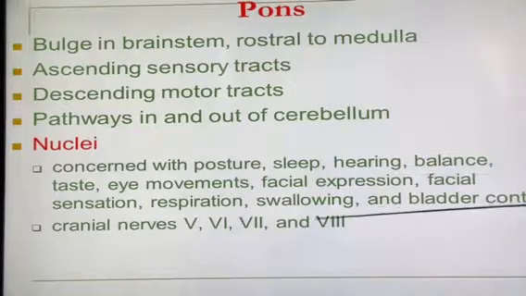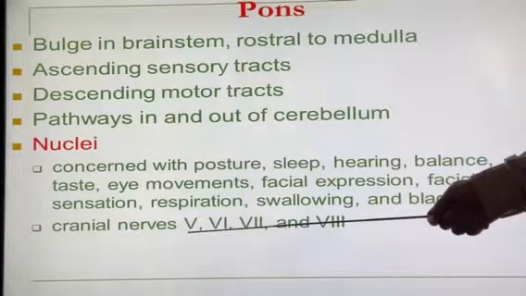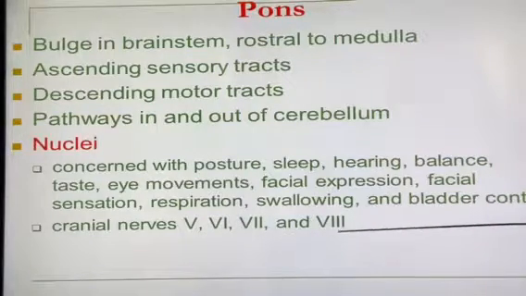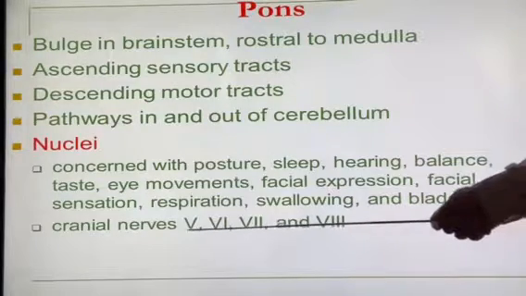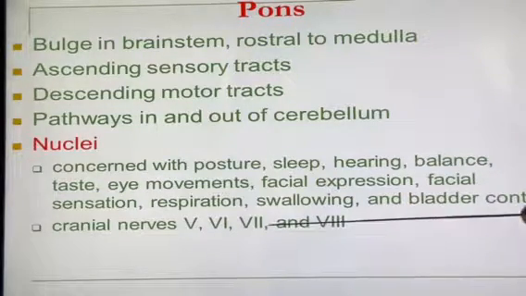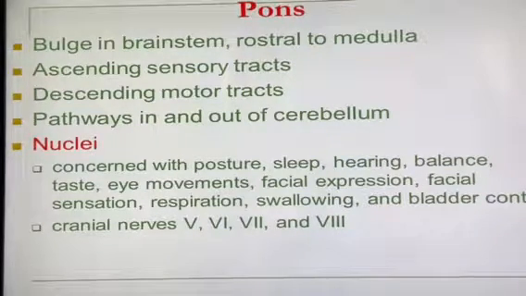Which cranial nerves emerge here? Can you see them? The 5th, 6th, 7th, and 8th. According to the rule of 4, I told you a few minutes before that the cranial nerves are 12 in number. 4 of them exit from the midbrain, and the second 4